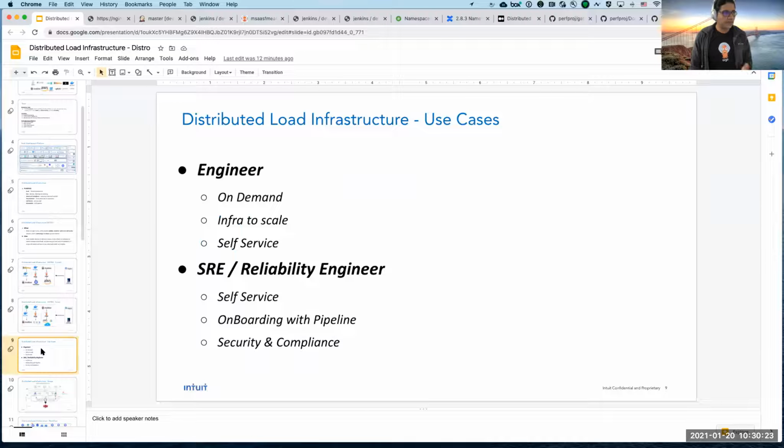Now, why did we start doing that? We have two use cases. One use case is for the engineer. Engineers usually want everything on demand: they have a service and they want to increase the load on demand. They want to scale based on the infra, and they don't want to go and change that manually. So everything should be part of the code, infra as code, and they want self-service, so that they just add it as part of the pipeline and it goes. As we build this, for us there is a little more responsibility,